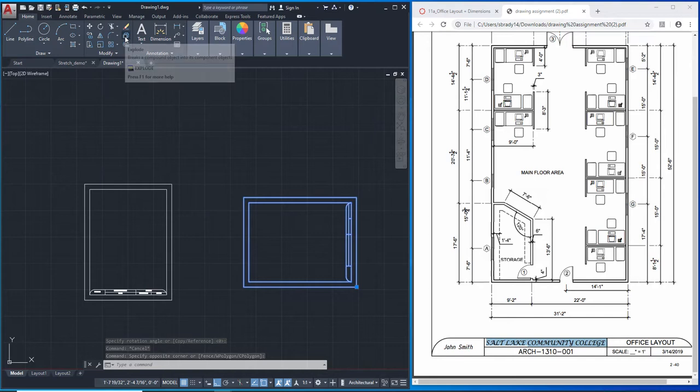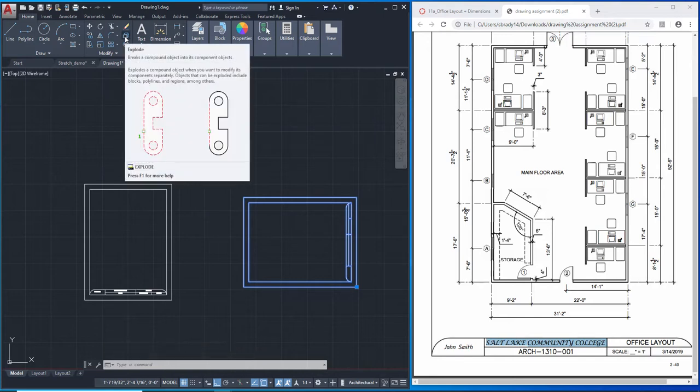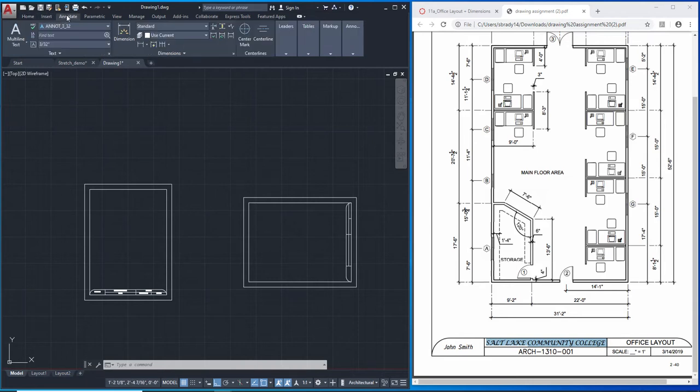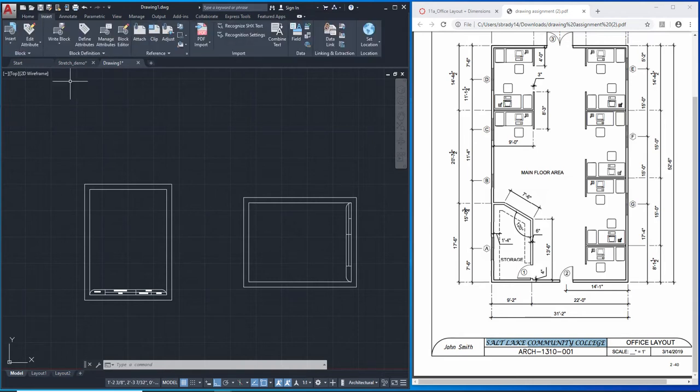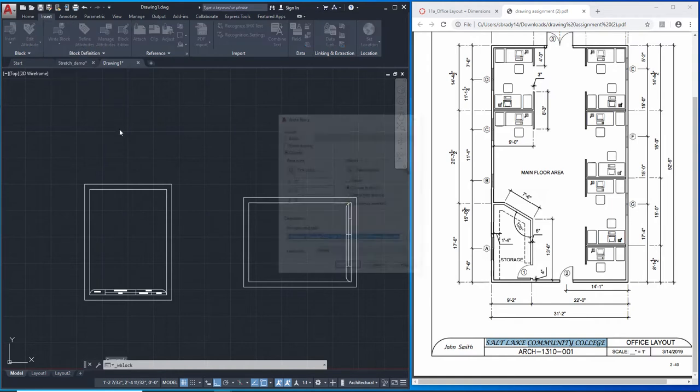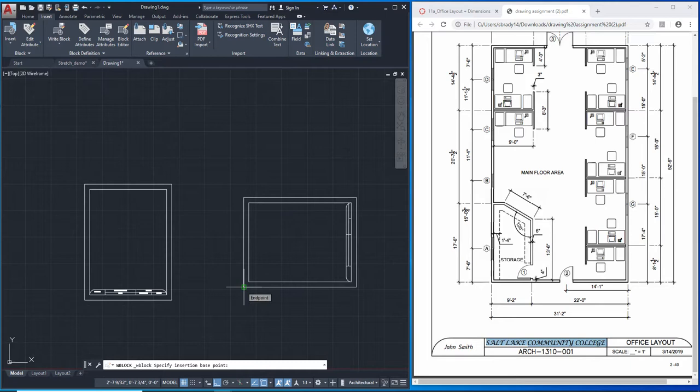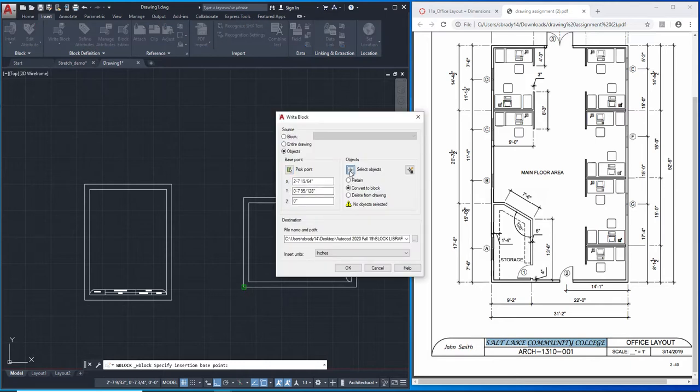And I say, remember, look, you can do this, but I know it's not easy to remember. You're not very experienced with this, right? Explode. And now I have a portrait title block that's 8.5 by 11. I can reblock this. Go to annotate, insert, right block. Okay, I'm going to choose pick point. I'm going to grab my bottom corner here, click, select your objects, enter,